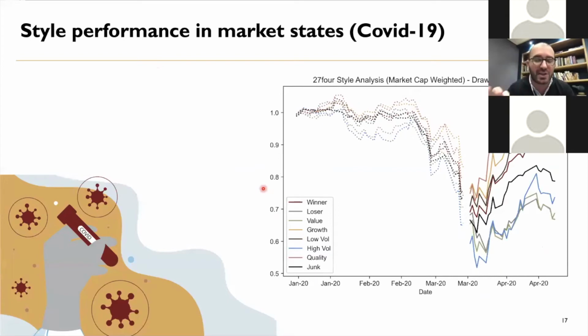It's just that we've changed the weighting methodology. So how do you weight those shares? So this is based on market capitalization weighting. And what you can see here, there's a consistent